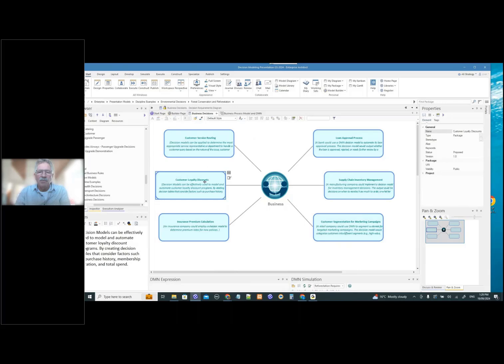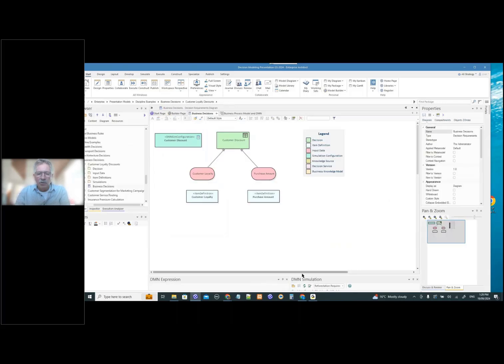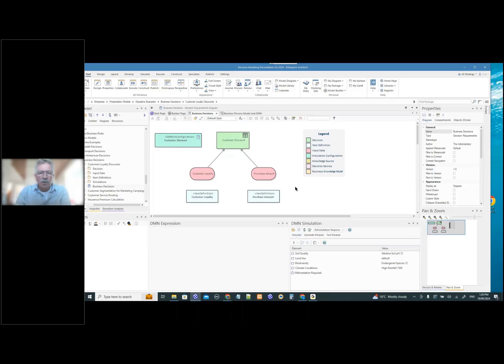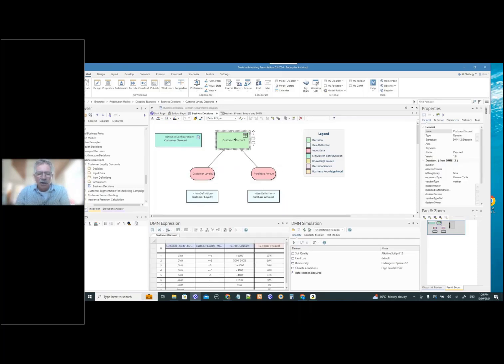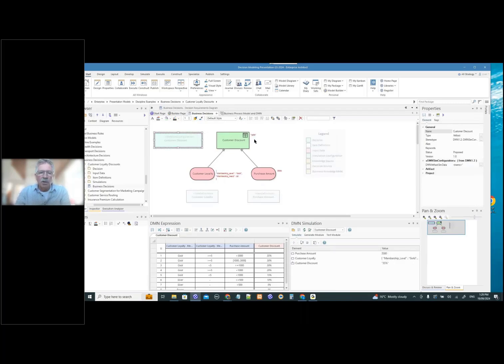Let's again have a look at that. Again, we've got a little model under here that we can look at, and we've got customer discount. Let's have a look at this. We've got the membership level, the membership years, the purchase amount, and we've got our decision in our decision table there. And so you can see that the simulation hasn't been reconfigured. I've got to click on that and then run my simulation, and we've got a 35% customer discount in that